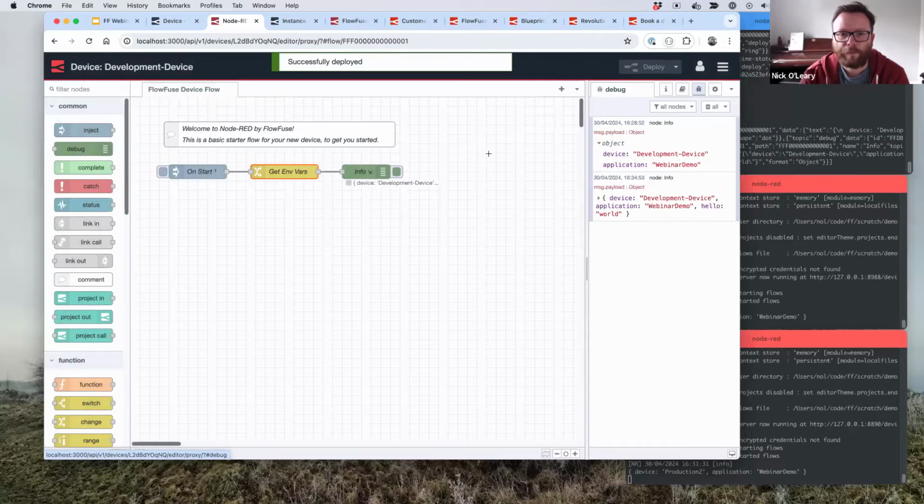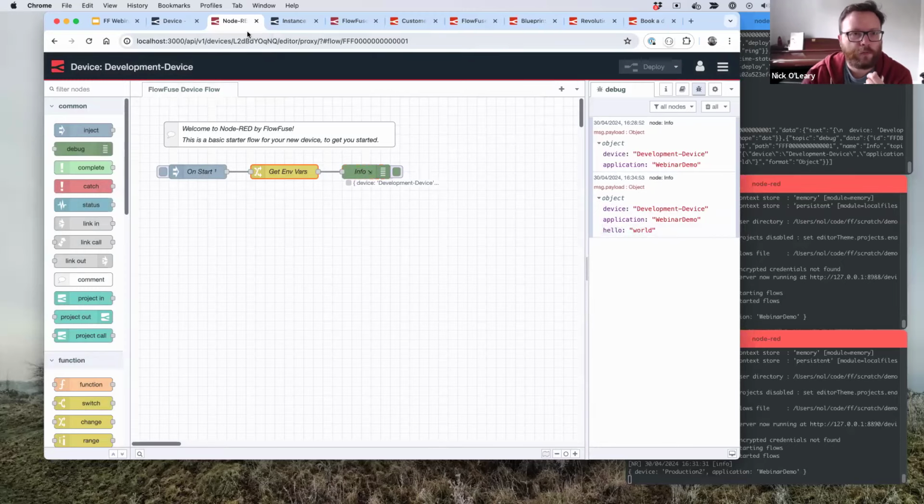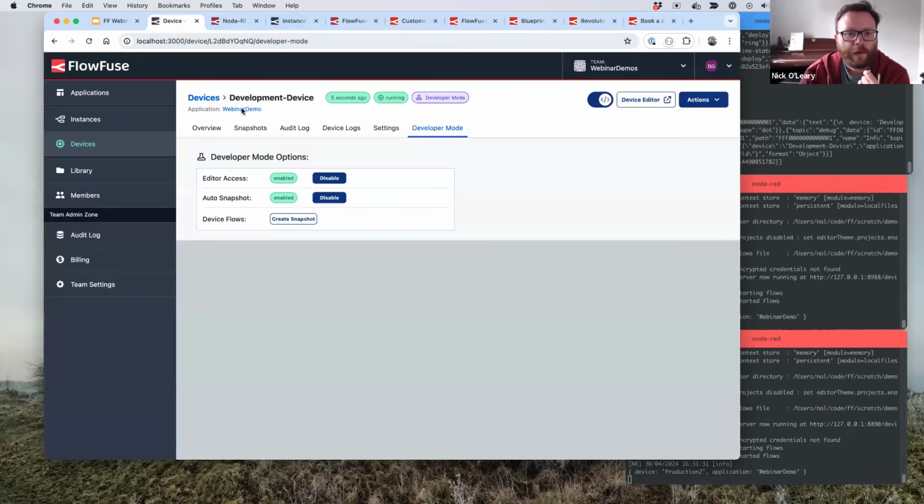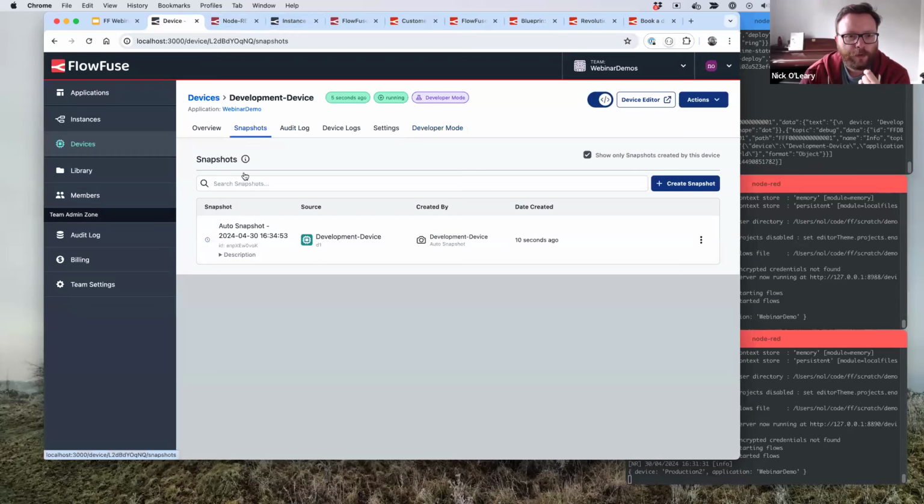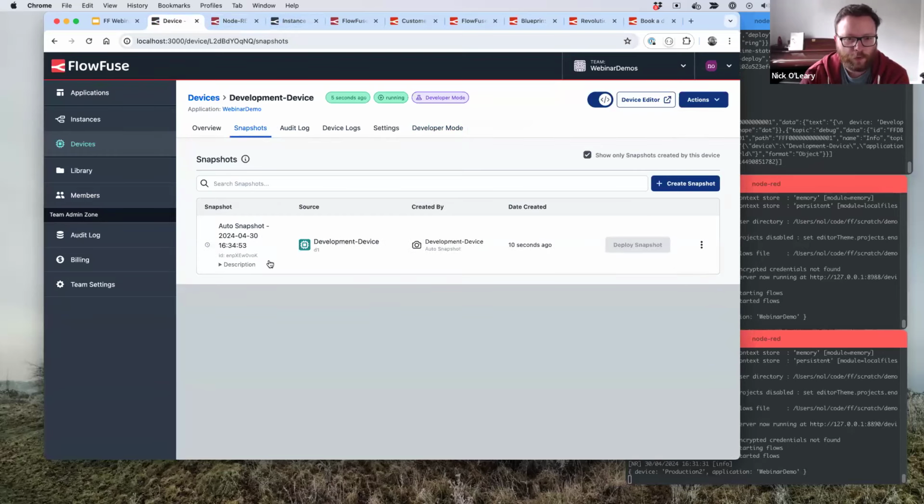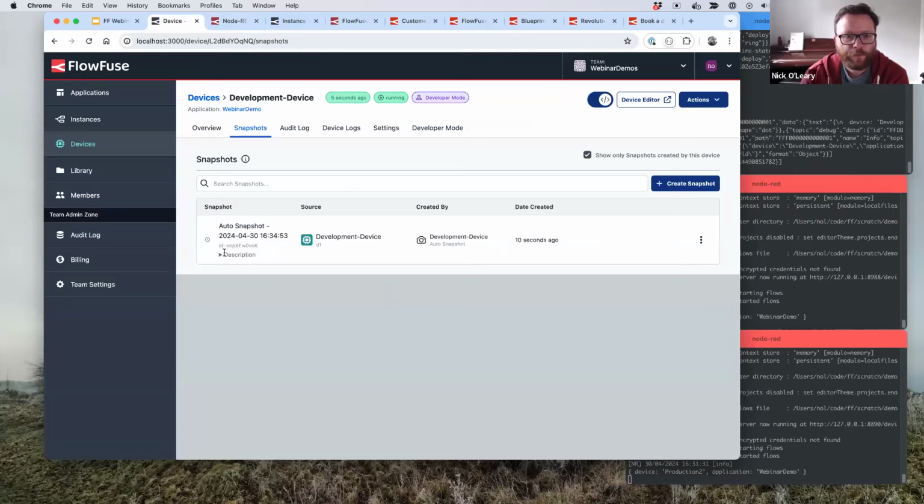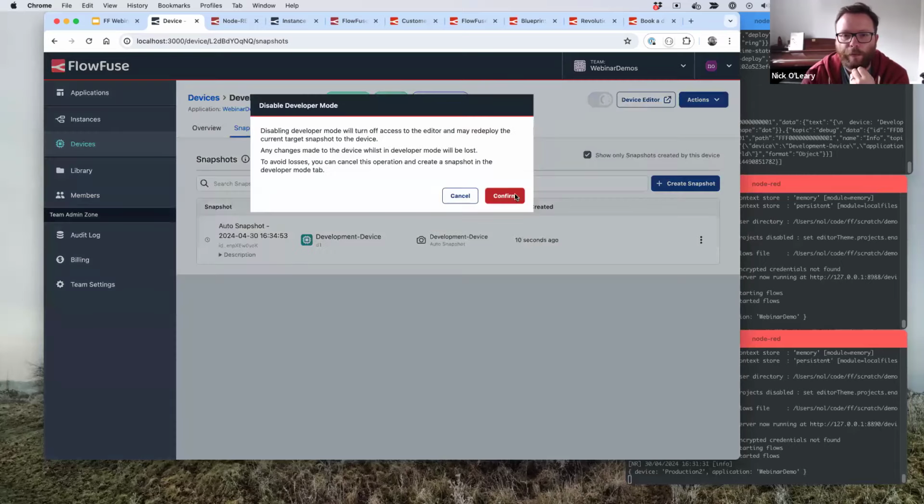So I hit deploy, and you can now see that it is logging something more than the default set of flows. If I look at my snapshots, you can see, just as we do with instances, it auto-snapshotted when I deployed that change. So that's now something ready for the pipeline to pick up. So I take this out of developer mode,